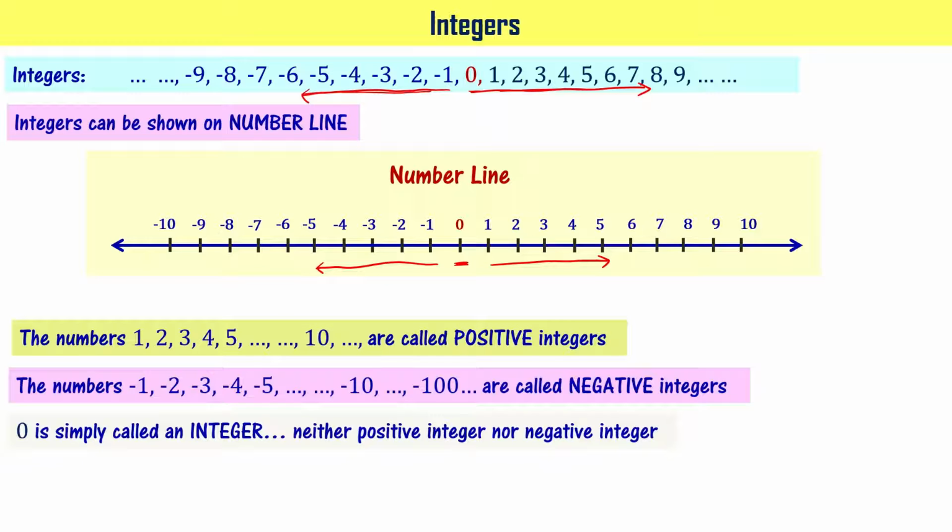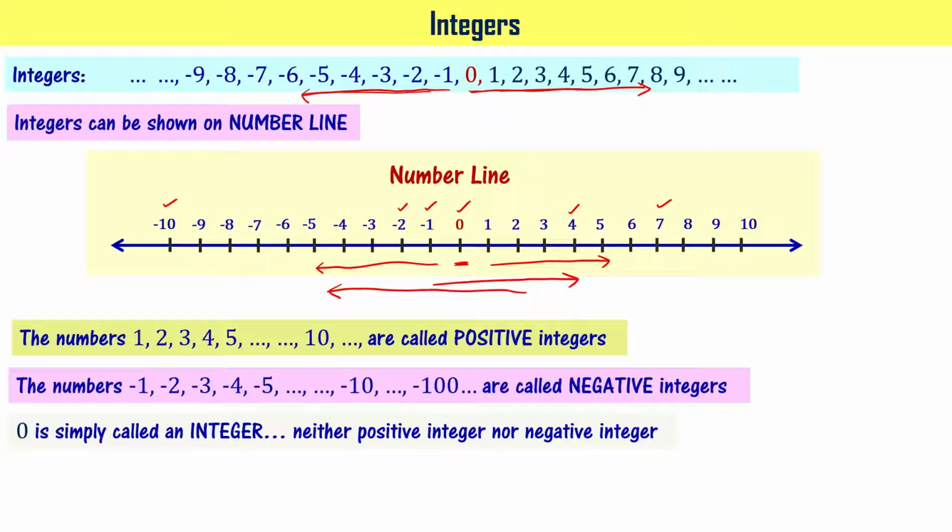And as we have seen earlier with the other two kinds of numbers, as you move right on the number line, you get bigger and bigger numbers. As you move left on the number line, you see smaller and smaller numbers. It means minus 10 is smaller than 0, smaller than minus 1, smaller than minus 2, and smaller than 7, smaller than 4, right? You're getting it?